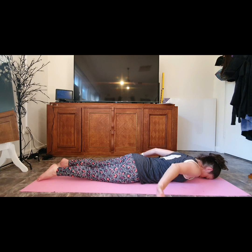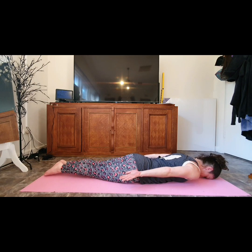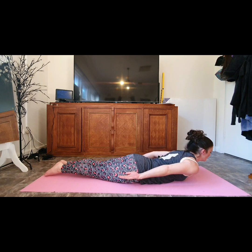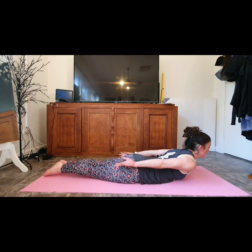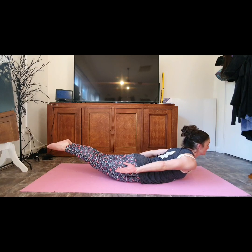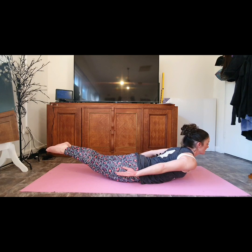Bringing your arms round, palms up, feet together. Just lifting your head up off the mat. Come to your comfort. Breathe in and lift. Stretching your arms down, reaching like you're reaching for your toes. If you want that little bit of an extra challenge, pushing your feet together, squeezing the buttocks. Lift your feet off the ground and inhale